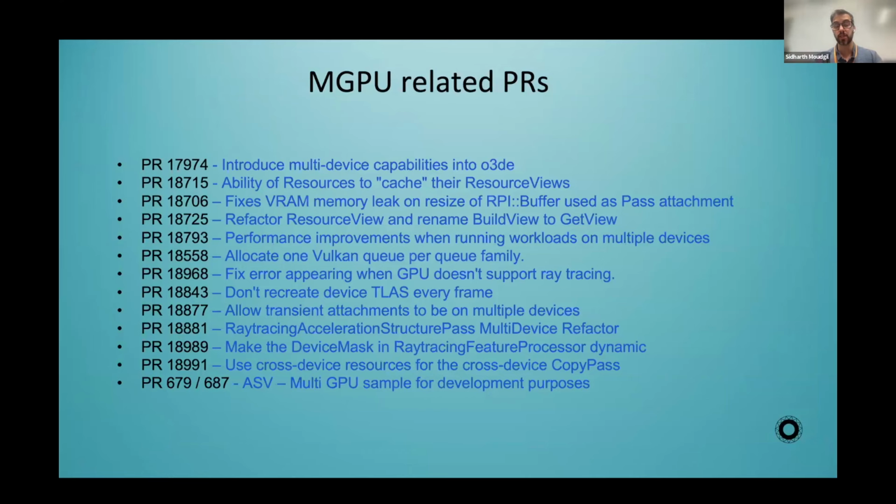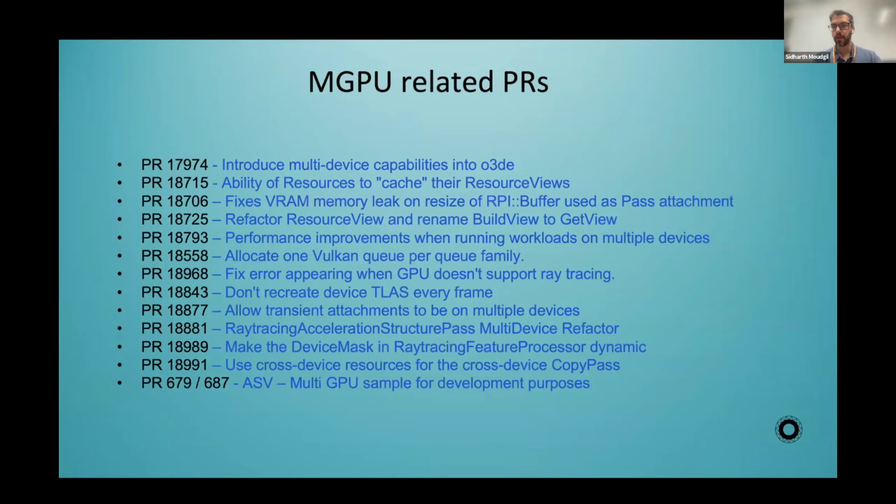These are a bunch of PRs. I mean, there's actually more, but these are the big PRs. Efficient resource caching. You have ray tracing support. You have tooling, so the in-game profiler tracks those devices across different devices. So big kudos to all of this work that has gone in since then. And all of this work is in the latest release.